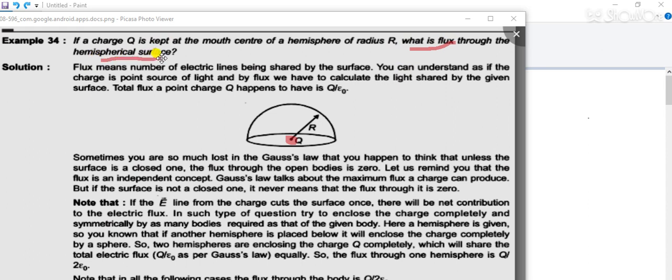So students, this is a very important concept, and I have already discussed it with you. I hope if you pay attention to this video, then you can understand easily. Here, if I see the area vector of this open hemisphere surface, then its area vector should be in the downward direction.